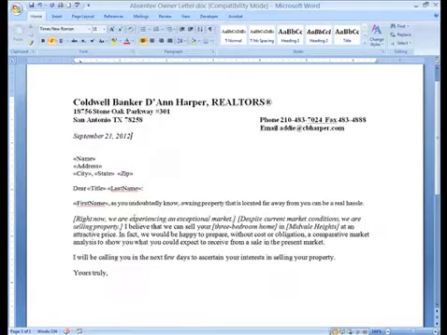You do want to read the paragraphs that are in this letter and decide whether they fit what you want to share with your customers that you're sending this to. So I'm reading the first one. The first name placeholder would have Dear Addie, and maybe my last name, or Dear Mr. Langhennig, and it would say, as you undoubtedly know, owning property that is located far away from you can be